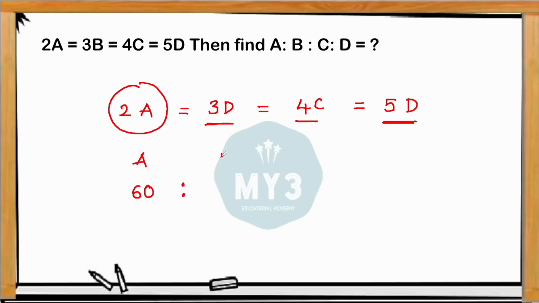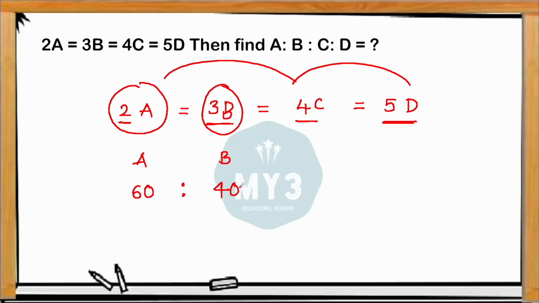To get the value of B, what you need to do is just close the B term, multiply other terms. Other terms means 2 into 4 into 5. What is the product of these numbers? 2 4s are 8. 8 into 5 is going to be 40. That is the B value. To get C value, what you do is just close the C, multiply remaining. 2 into 3 into 5. 2 into 3 is 6. 6 into 5 is 30. That is the C value.